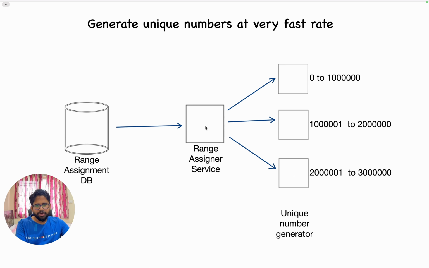So what we do is that the moment you launch a server, on server startup, it will make an API call to a range assigner service. I will create one service which will just return me the range 0 to 1 million, 1 million 1 to 2 million, 2 million 1 to 3 million. So this range will be given by this service. Whenever a server is launched, the range will be assigned by this service, and this service can be very lightweight because how many servers will we have? 50, 100, 1000, but still it is not much of a load. So the number of requests coming to this service will be very less.